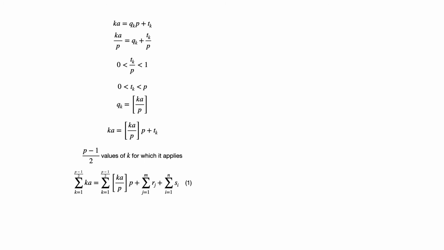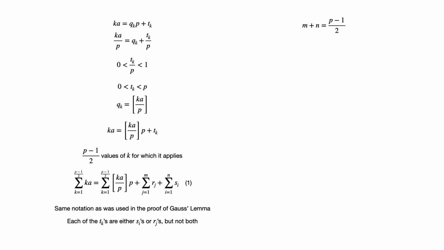Here we use the same notation as was used in the proof of Gauss's lemma. Notice how each of the tk's are either si's or rj's, but not both. Also, m plus n is equal to (p−1)/2. But we also know that as all the rj's and p minus si's are distinct and are equal to the numbers 1 to (p−1)/2 in some order, we can conclude